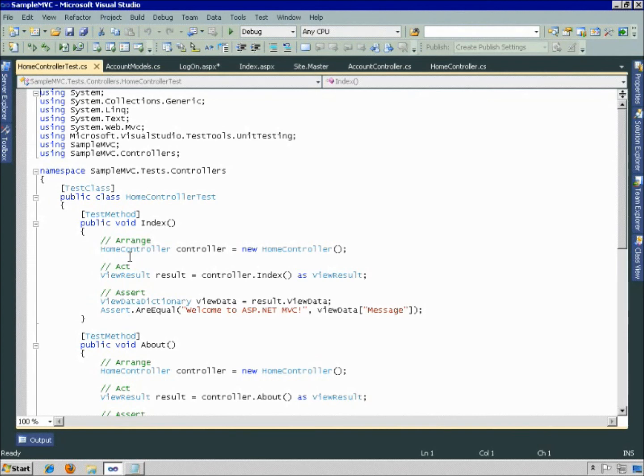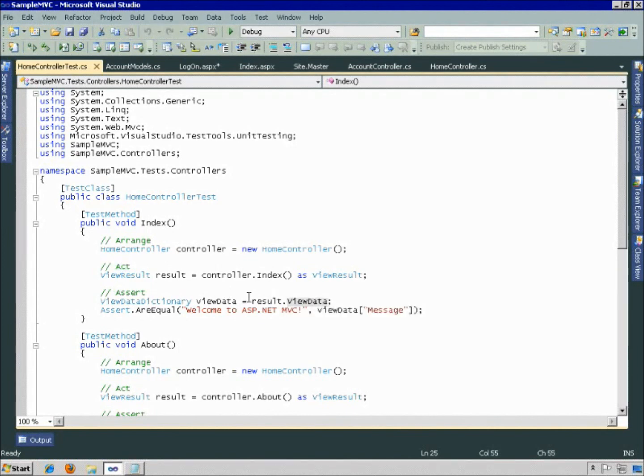These tests use a standard testing pattern of arrange, act, and assert. So you first arrange the test by instantiating whatever objects you need for the test. In this case, we need an instance of the HomeController, so it instantiates that and puts it within the controller object. Then the test acts on that object. In this case, it's calling the Index method of the home controller here and getting that result. It can then use that result in order to extract the view data and assert something